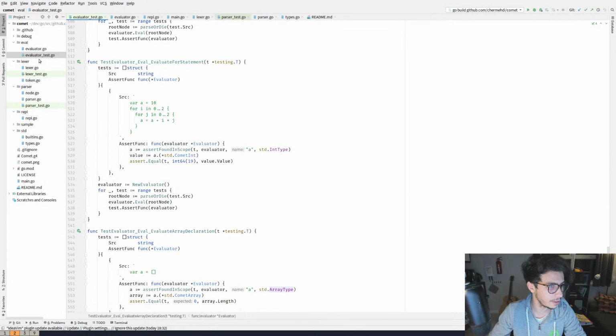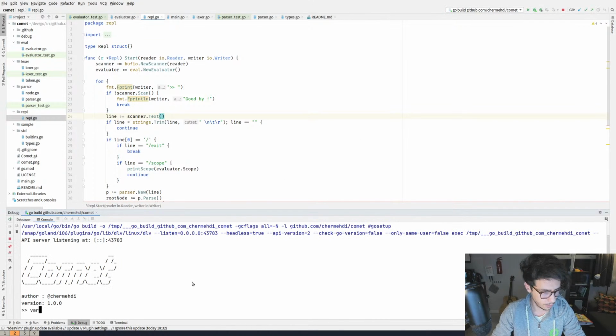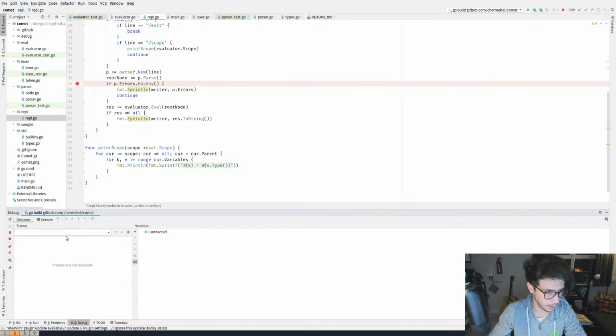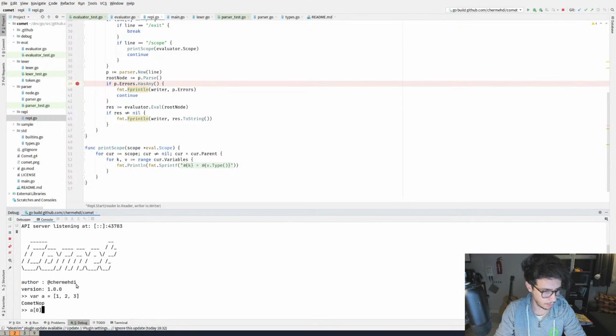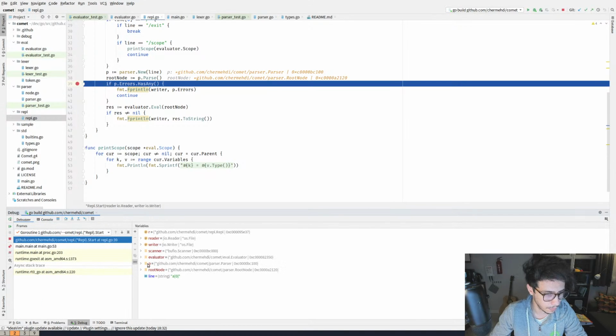All right, let's go to the REPL. I'll add a breakpoint here. I want to see what syntax tree is getting generated. So a equals something like this. All right, let's see the root node.